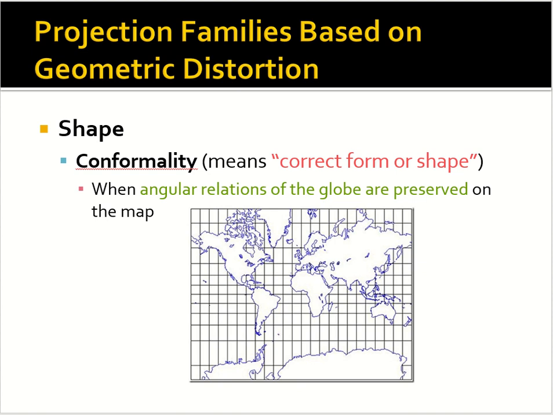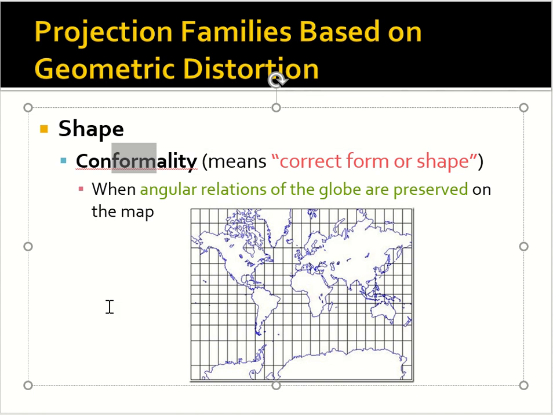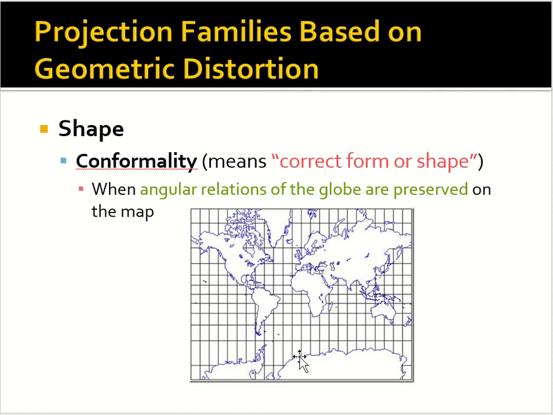If the shape of objects is preserved, call that a conformal projection. So conformal, it's kind of with or similar shape, form. And this image is a Mercator projection. You can see these horizontal lines are latitude parallels, which we know that their vertical distance remains essentially the same from the equator to the poles. But here, the increasing space between them suggests some sort of distortion of this map.